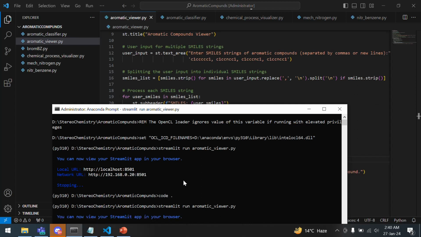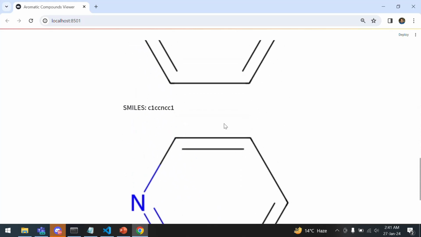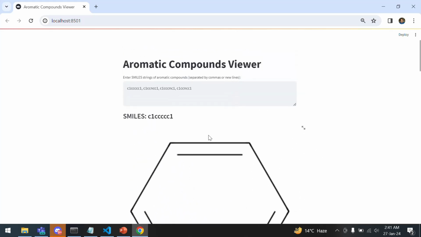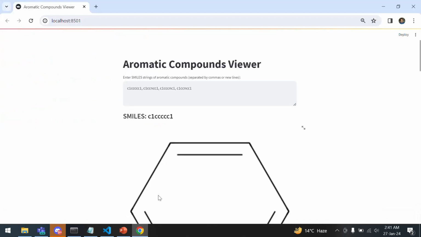We'll just wait for a while. Now it's being initiated. You see, 4 examples were given and they have been visualized. So let's take an example or some typical strings. So benzo[a]pyrene, that is this particular compound itself, is a polycyclic aromatic compound, and we'll just use it accordingly. So the SMILES for this benzo[a]pyrene is this. I will just use it and see if it works or not. We'll pass it along here,